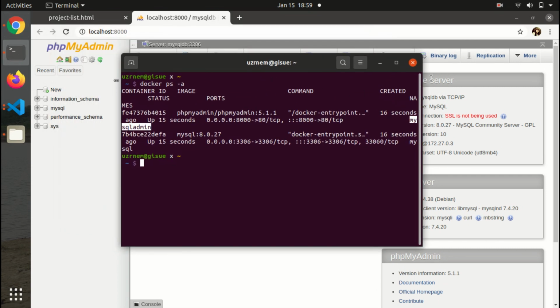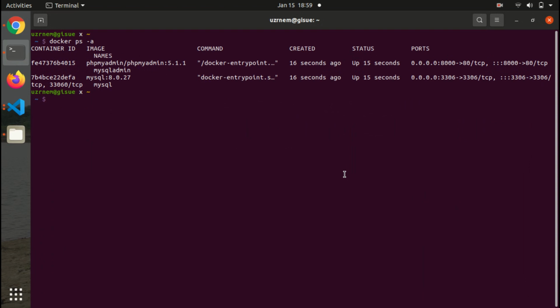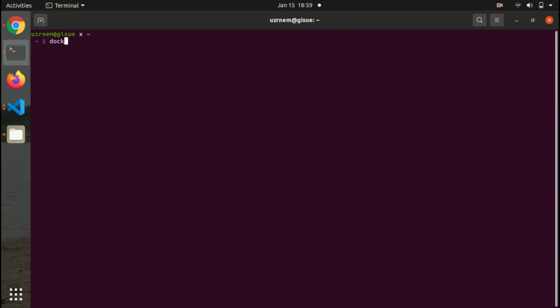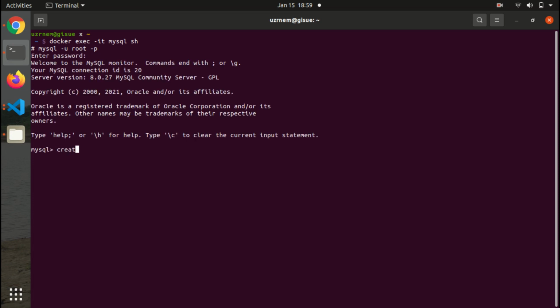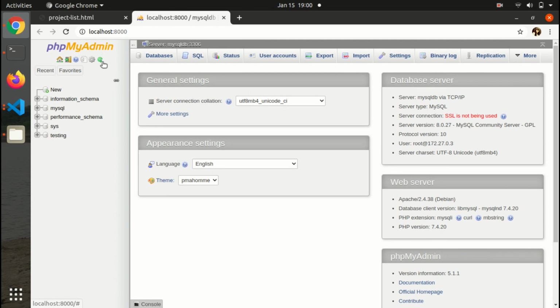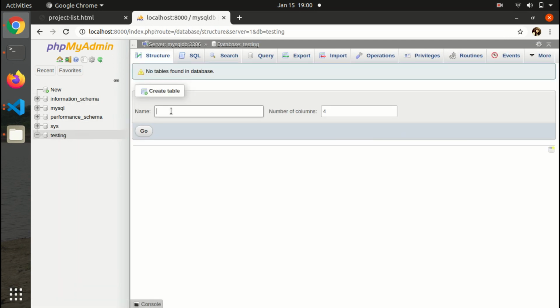Let's do a bit of activity. Let me log in to the MySQL shell and create a database called testing. And we can see in phpMyAdmin that the database is created.